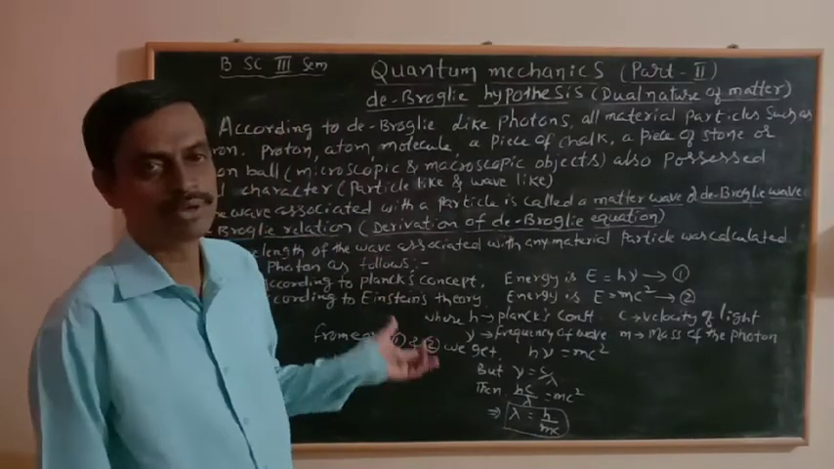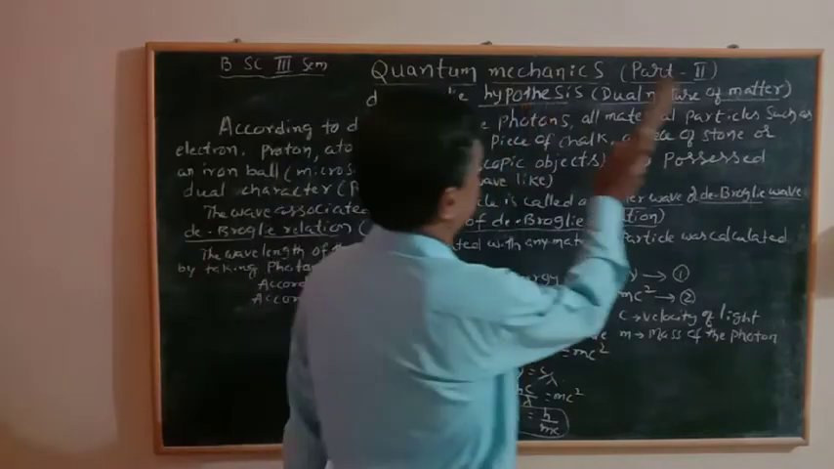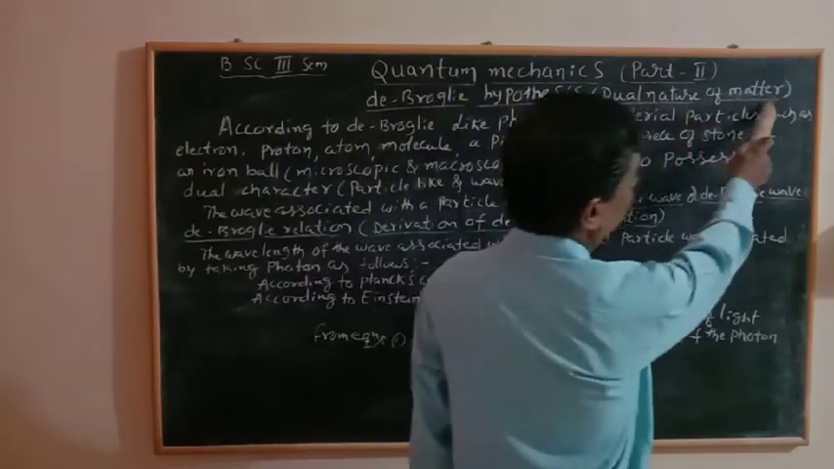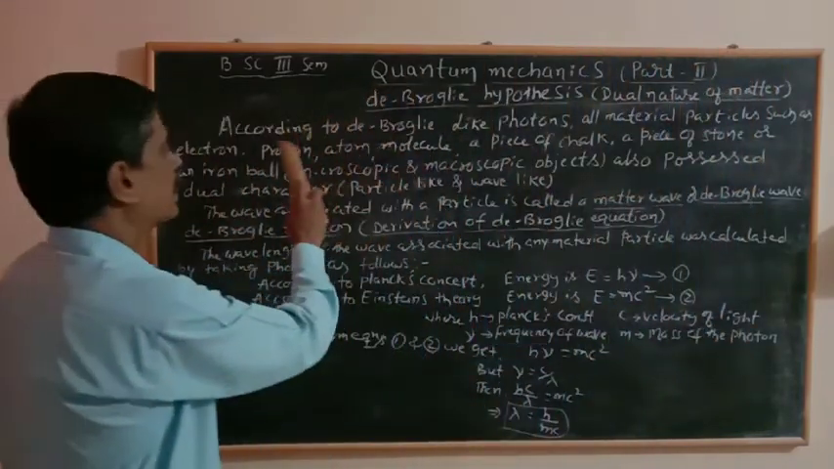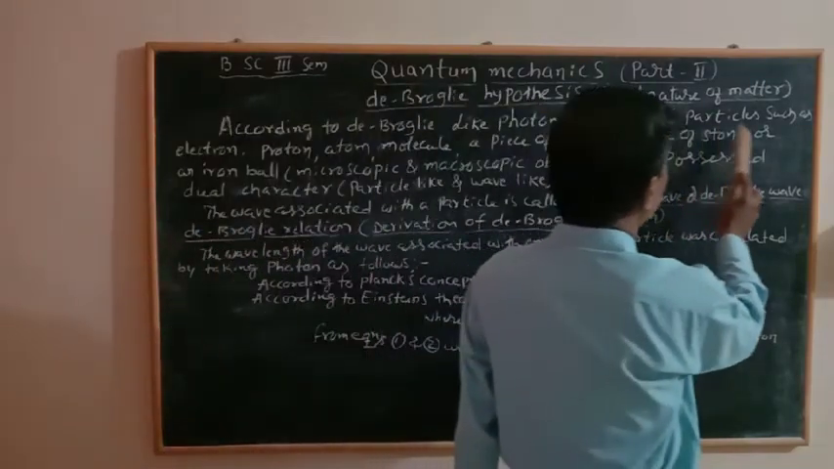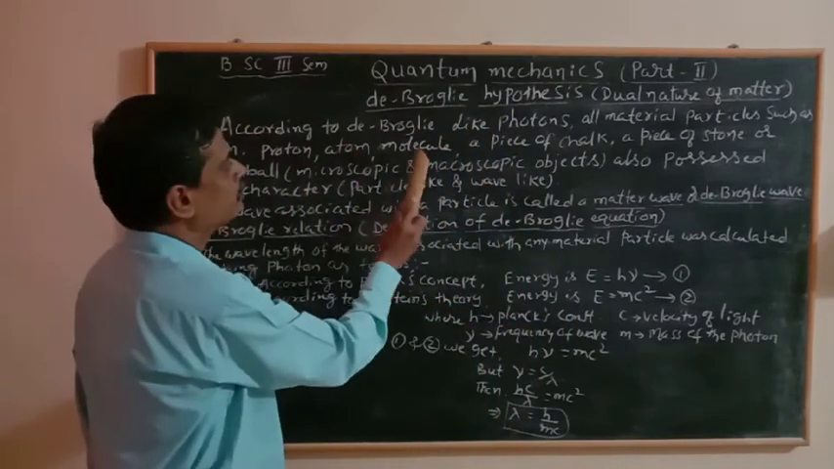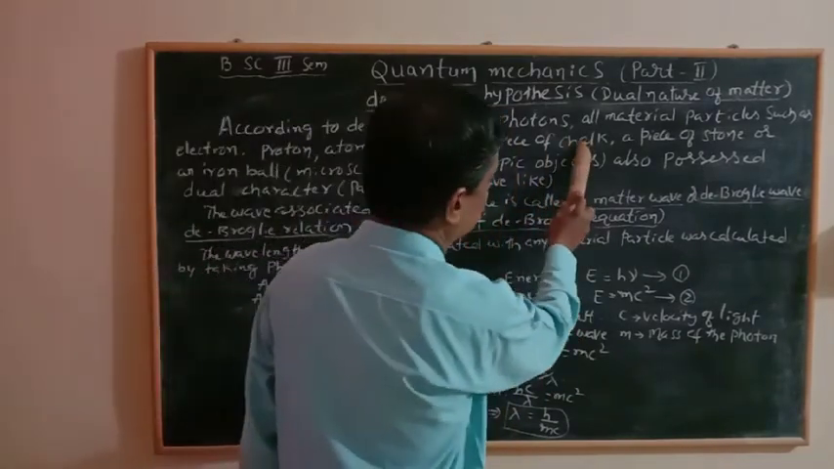We have studied the Compton effect clearly, I think. Now we have studied the de-Broglie hypothesis. It explains the dual nature of matter. According to de-Broglie, like photons, all material particles such as electron, proton, atom, molecule, a piece of chalk, a piece